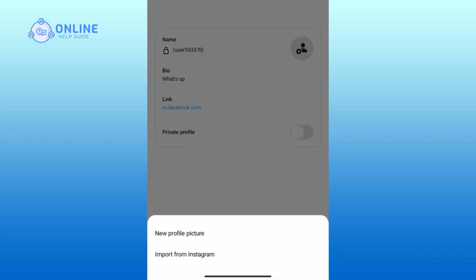Here you can either add a new profile picture or import from Instagram. I'm gonna import from Instagram. Click on the import from Instagram option